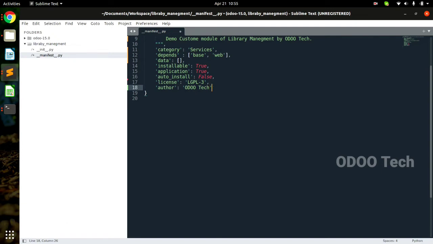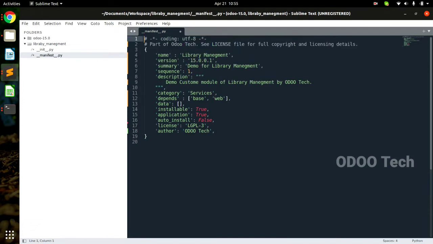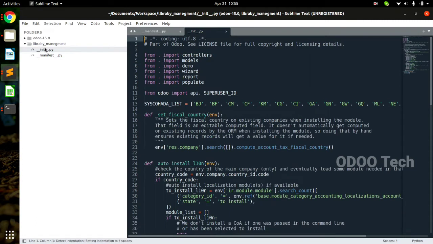And always remember to put a comma after each and every entry in our manifest file. Whenever one thing is completed, put the comma. Here the name started, we give the name, then we put the comma. Version started, version is here, comma. Summary is there, the value of the summary and the comma, for each and every one. Otherwise your module generates an error and no one is able to catch the error.